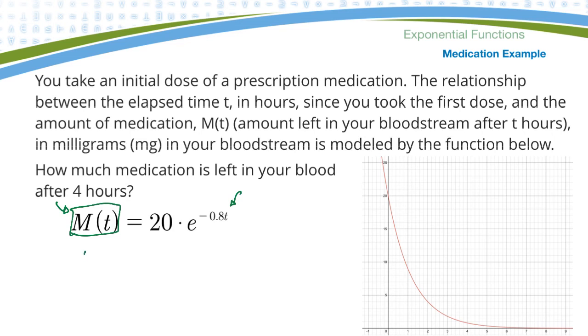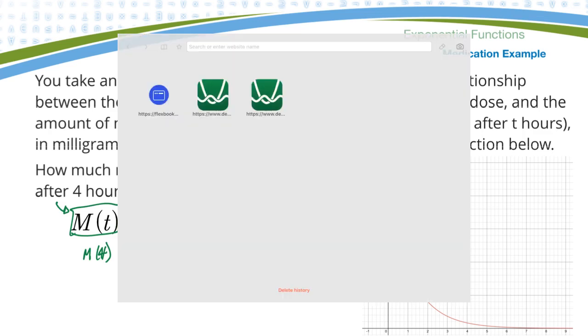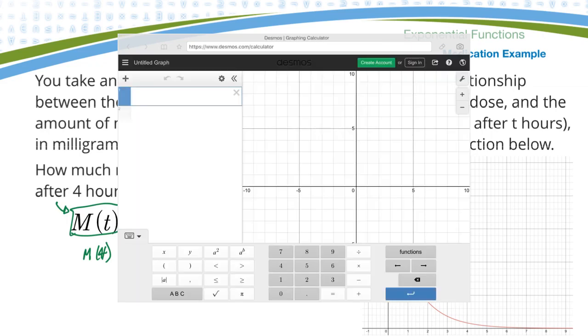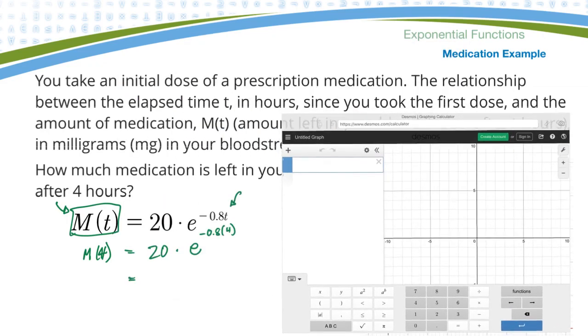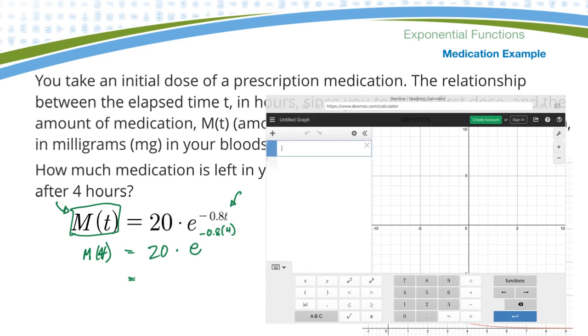So the amount of medication after, I can put a 4 in there, is equal to 20 times e to the negative 0.8 times 4. Okay, now just plug that into your calculator and see what you come up with. I'll just do that in decimals and see how it comes out there. In decimals, you don't have to type out a function. You can actually just write out some numbers too. So if you want to go 20,